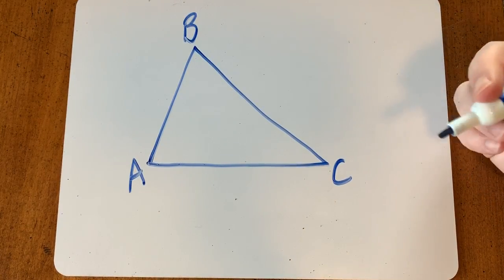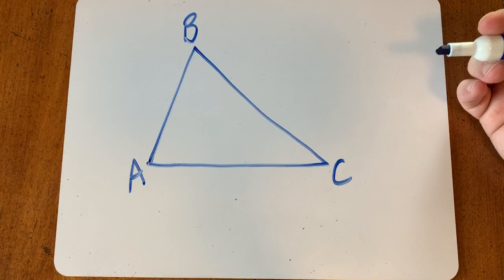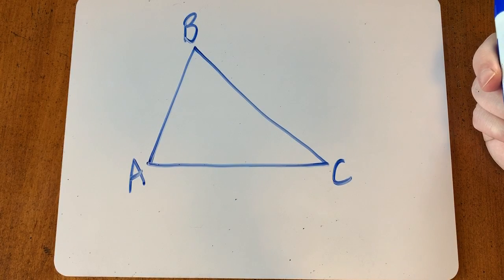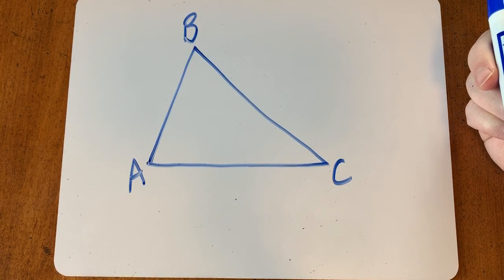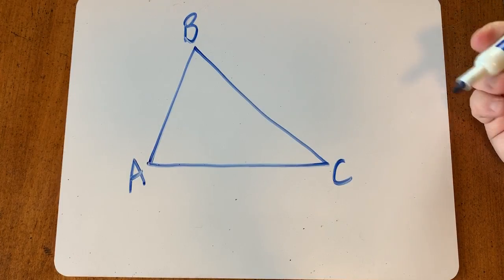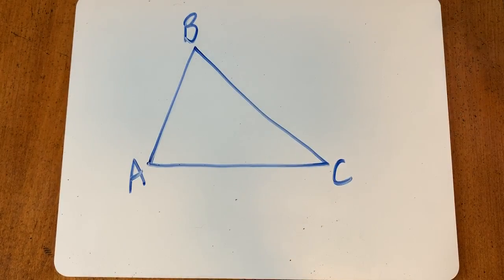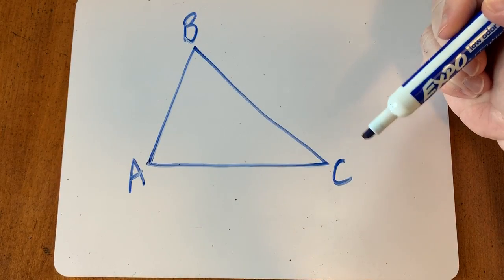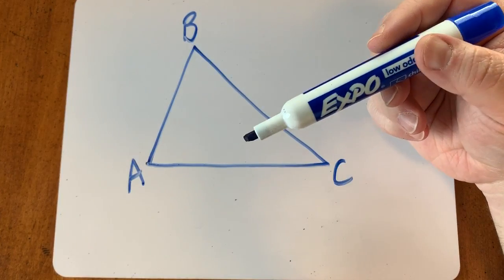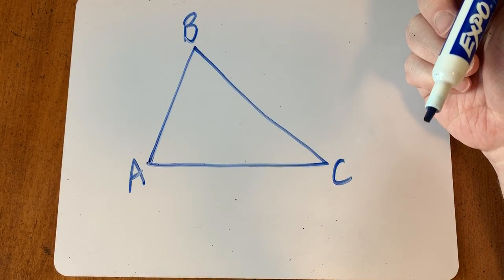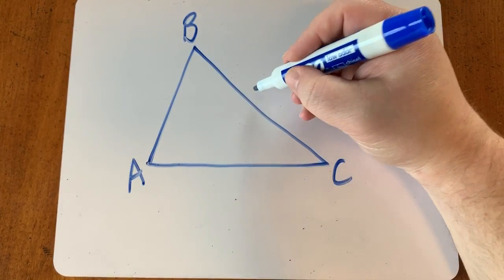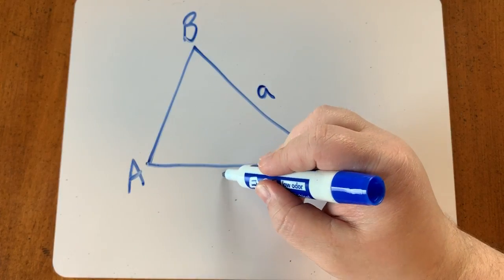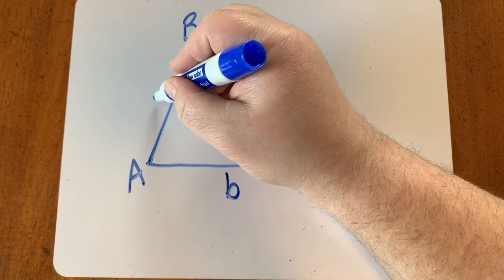Now, in order to keep track of everything, in order to not overwhelm ourselves with variables, what we're going to be doing is we're going to start defining triangles based on their angles. So we have angle A, so we're also going to have side A. We're also going to have a side B and a side C. The side is named after the angle it's opposite from. So across from angle A is going to be side A. Across from angle B is going to be side B, and across from angle C is going to be side